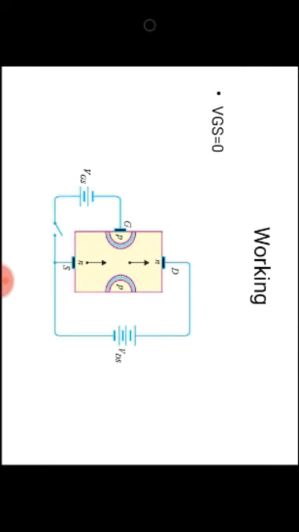When a voltage VDS, the drain to source voltage, is applied between the drain and source terminals, and the voltage on the gate is 0, the two PN junctions at the sides of the bar establish depletion layers. The electrons will flow from source to drain through a channel between the depletion layers. The size of this layer determines the width of the channel and hence the current conduction through the bar.